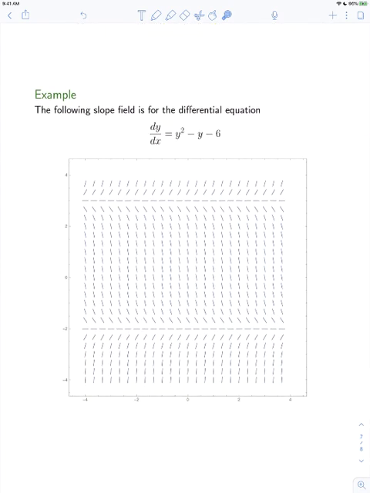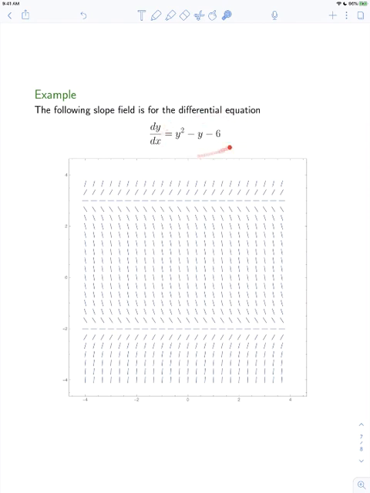Here we have a differential equation dy/dx equals y squared minus y minus 6. This is an autonomous differential equation because the independent variable x does not explicitly appear. Of course, y is a function of x, but what that means is that the rate function only depends on y. In this slope field that you see here, the value x does not appear